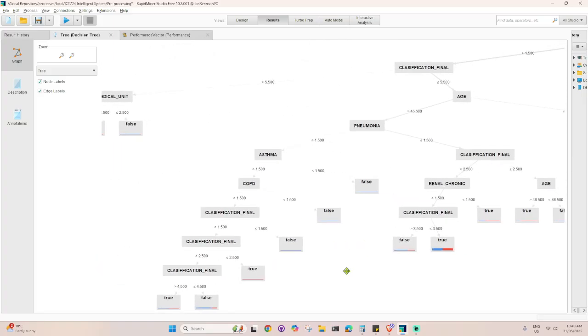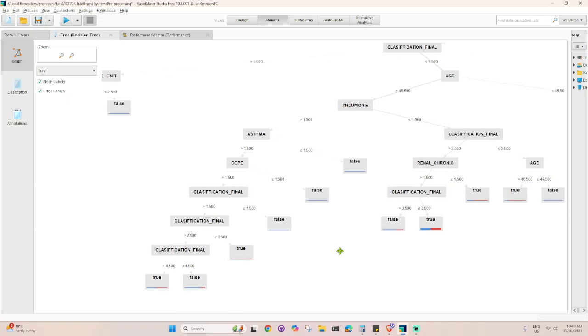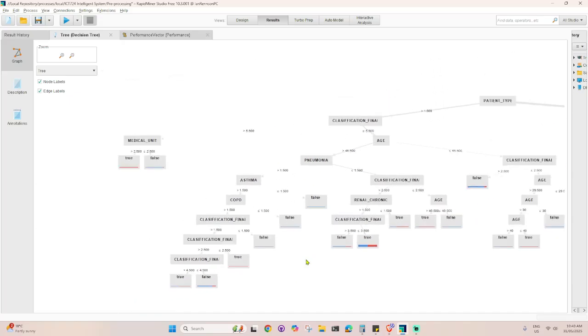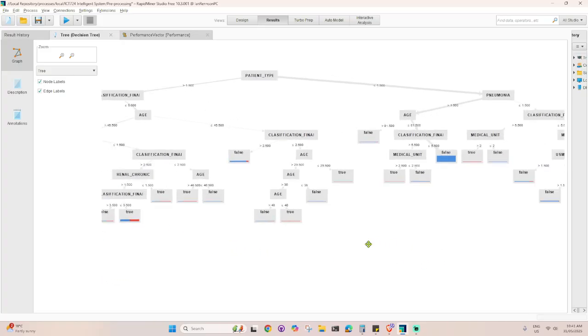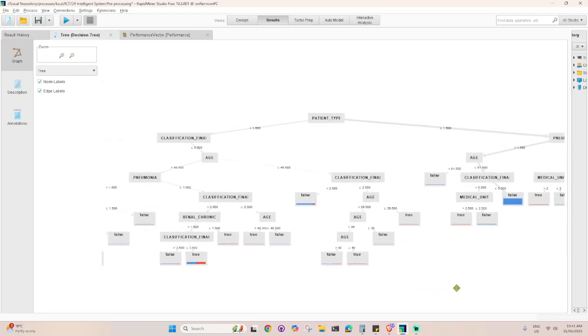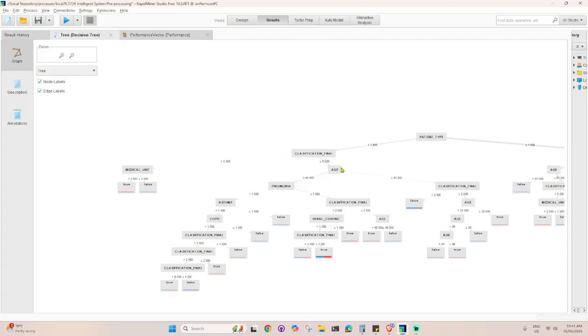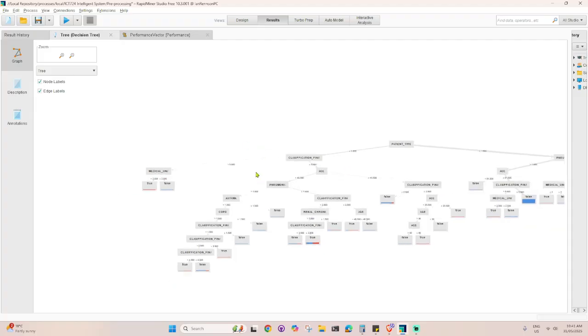In case someone asks you how the decision tree comes up with the model, it's up to the machine which one is the priority, and then it goes and examines it until it comes up with the decision.